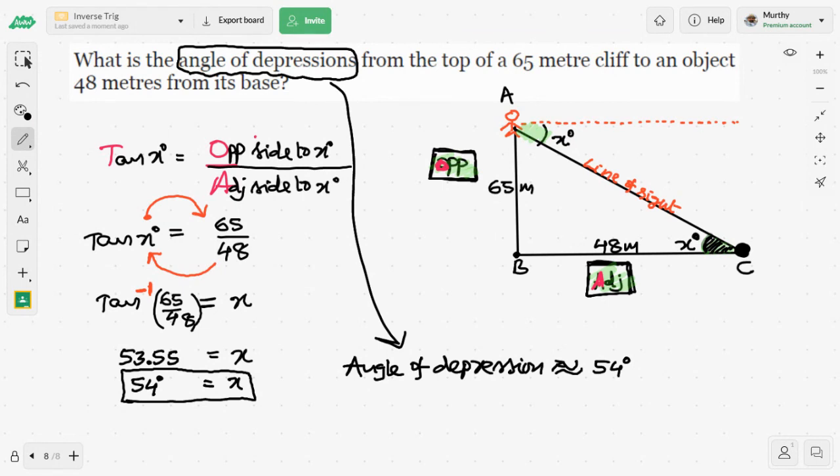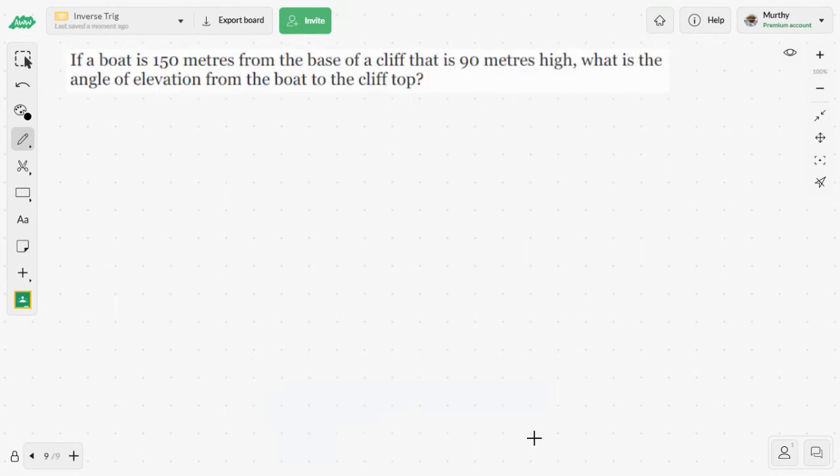Okay, any questions on this? Well, if you have any questions, you can email me. The last question: if a boat is 150 meters from the base of a cliff that is 90 meters high,